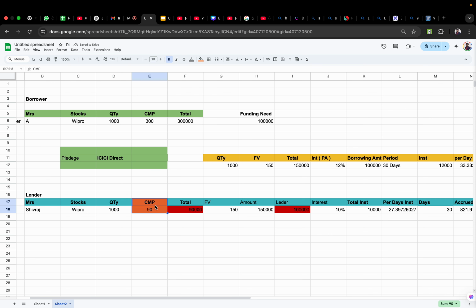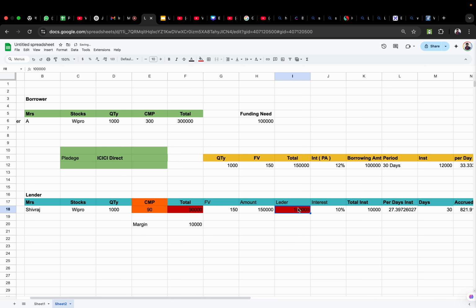If the broker sees any movement in the current market price, then the broker takes quick action and sells out the position in the market, or else the broker first tries to reach out to the borrower. So in this example, the broker asks the borrower to immediately fund the account with around 10,000 as a margin quickly. Why? Because no matter what,